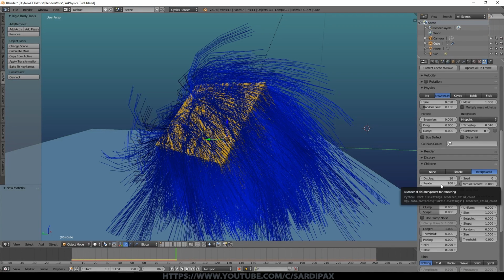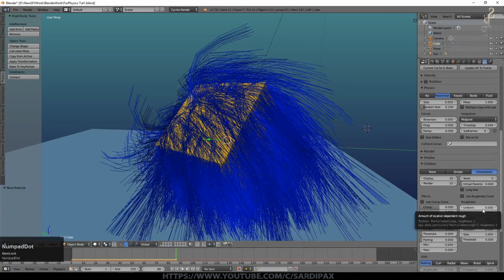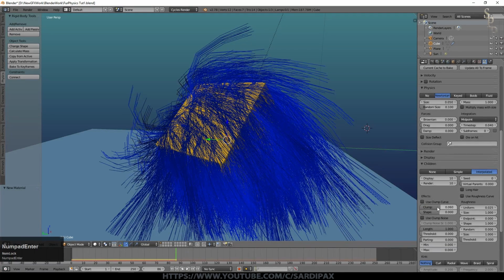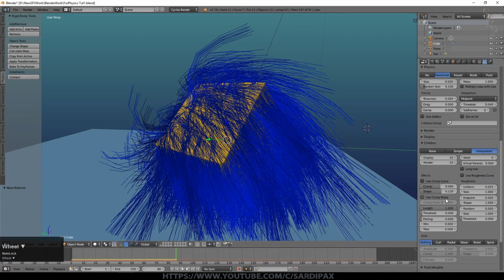Now the default, you can see we've got a render of 100 hairs for every one of the original ones. The display is what it's displaying here, 10. So I'm just going to turn that down to 10 because this will soon cause Blender to slow down quite a bit. Uniform is adding a slight roughness to it, so it's sort of non-intuitive. I'm going to put 0.025 on there, so that's 2.5%. Size I left at default. Clumping I set to, for this one, 0.06. So this is how it draws the hairs together at the bottom or at the top. And shape I set to 0.12. So these are just my initial settings. You can obviously play around and find the ones that work for you.